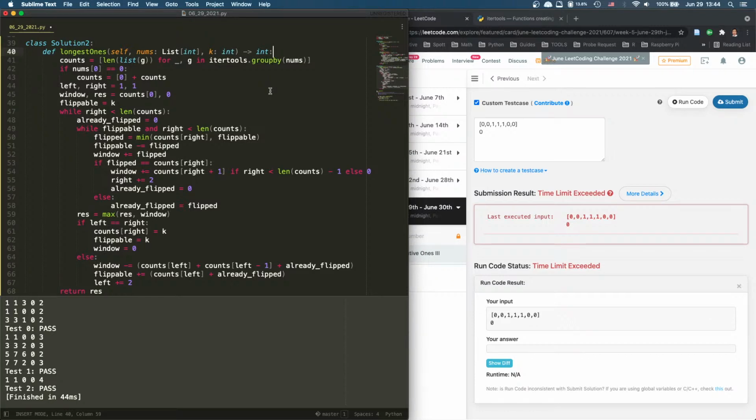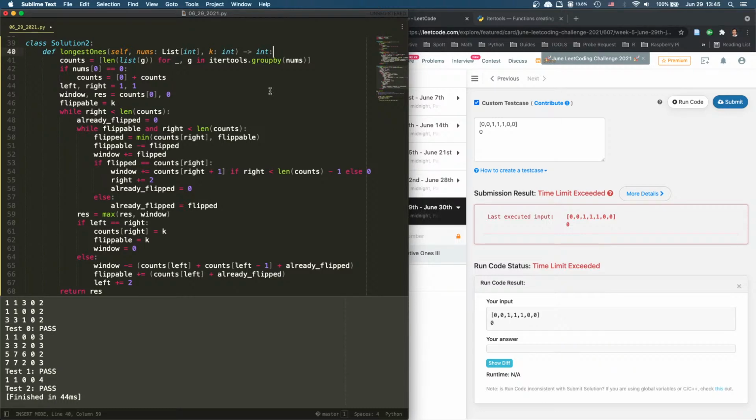Then counts, right equals k. Flip equals k. Window. Window shall not be 0, actually. I think window is not 0. They're in the same position, right? They're in the same position, which means everything we throw in here is not working. So we say we're gonna shrink it. It is 0. Window is 0. We shrink it and try to go to the next one,